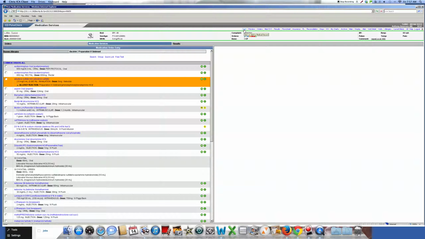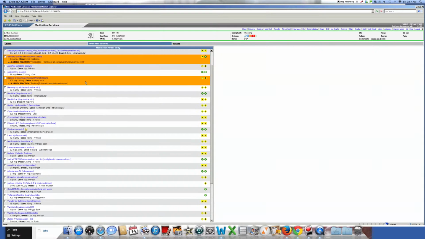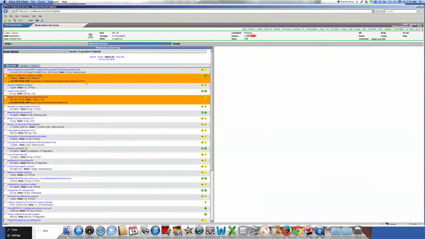The next tab that I'm going to teach you a little bit about is medications and medication services. So I've shown you one way to get to some medication orders. The other is through the medication service tab, which for myself is my quick list I have developed of the commonly used medications. When you write for a medication, it will ask you if you want to add it to your quick list. So let me show you, for example,